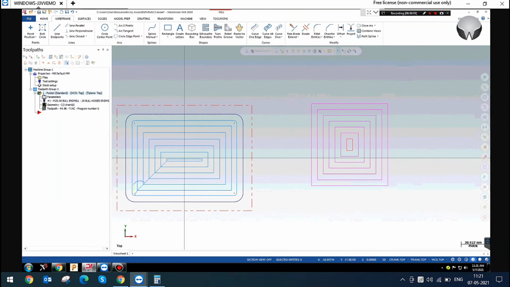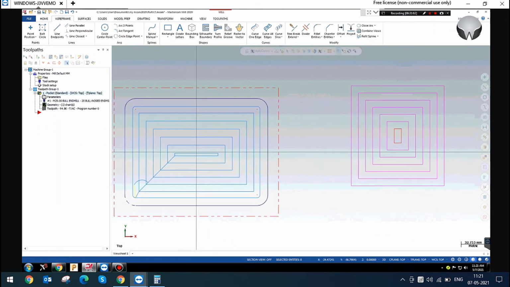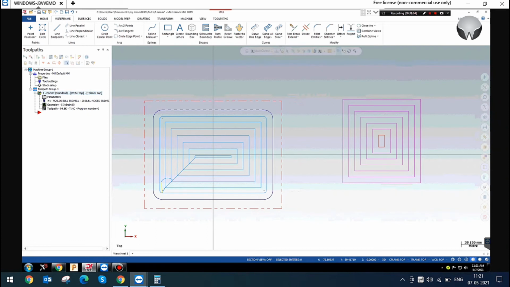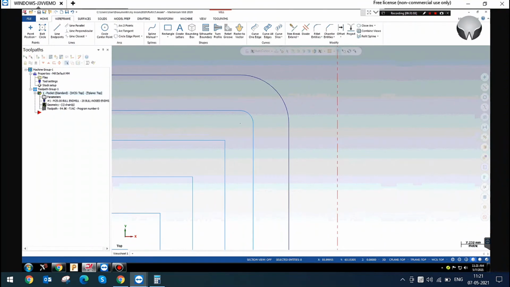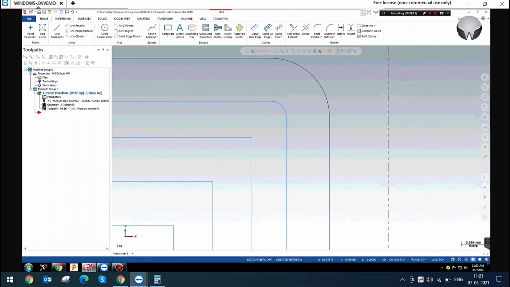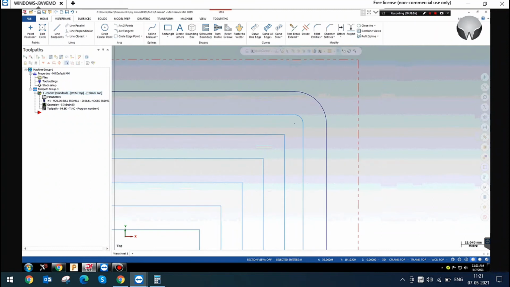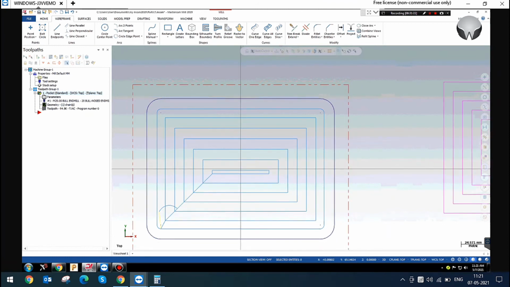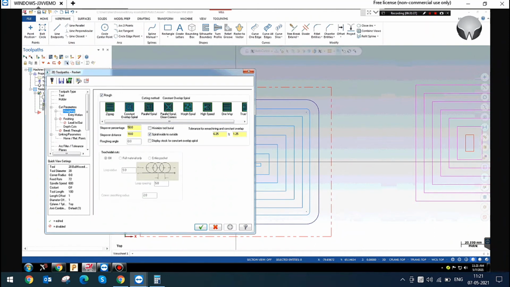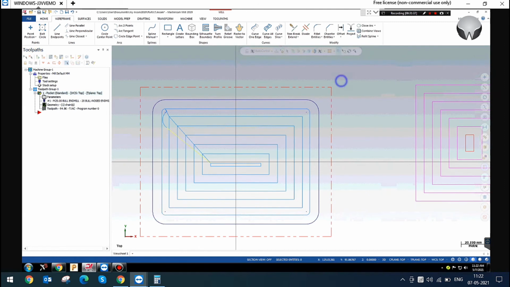So if you use this, you can see the difference in the toolpath. The toolpath will constantly offset from the chain. You can see a small radius is created, and then it goes sharp, the constant offset. That's why we are using this, and it also cleans the corner effectively because of the constant offset. In this case, you can give the step over percentage and step over distance, and spiral inside to outside. What will happen if I disable this? You can see this way.